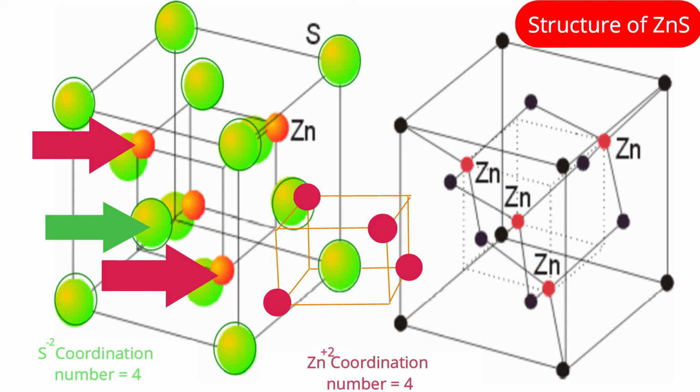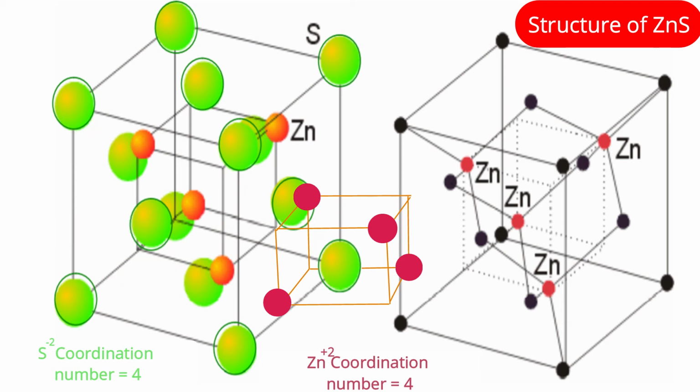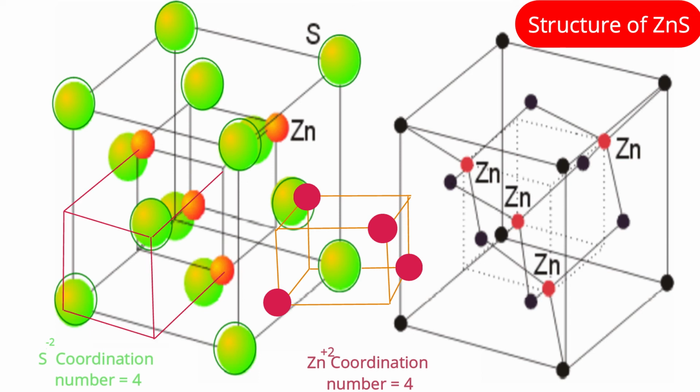But wait, let me replicate the structure. Let us enlarge the structure and continue these unit cells. As the unit cell is there, as the large cube is there, likewise one more large cube will be there towards us. Means the face of sulfide ions that I mentioned will be shared by that large cube. And inside that large cube, one more inner small cube will be there.